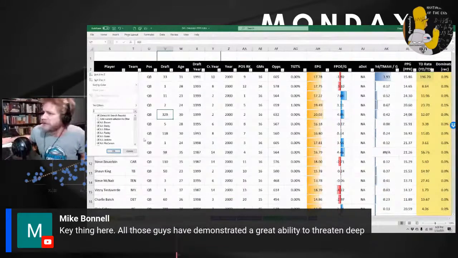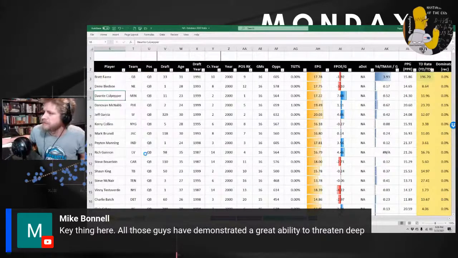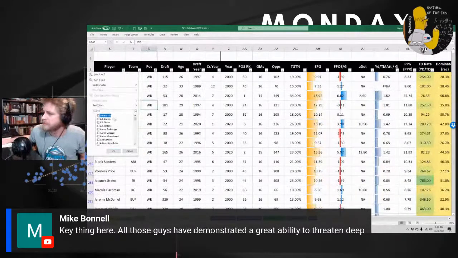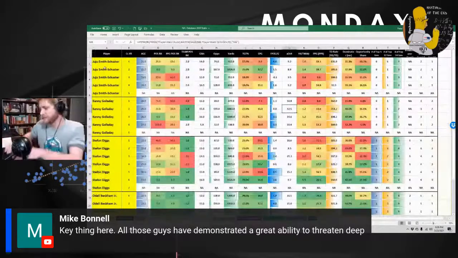How am I going to filter this? Cooper Kupp's going to come up first. I'll tell you what, I got a player comparison thing over here. Let's do that.